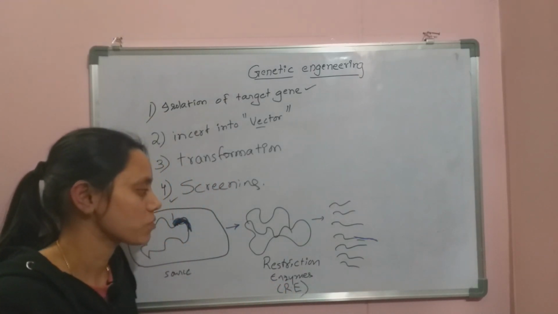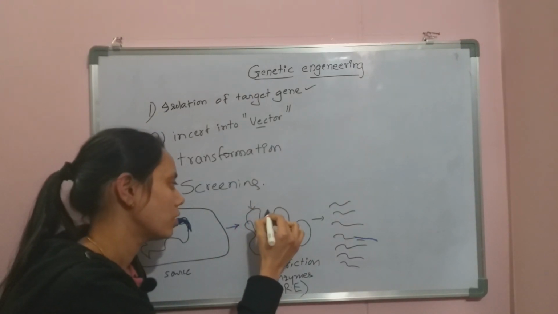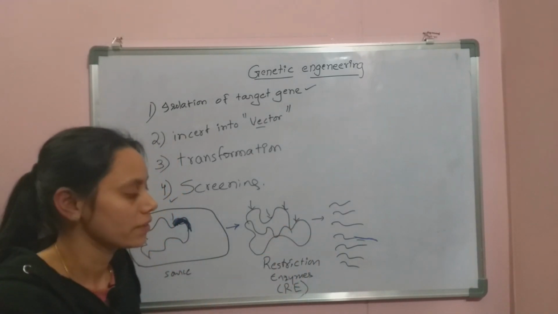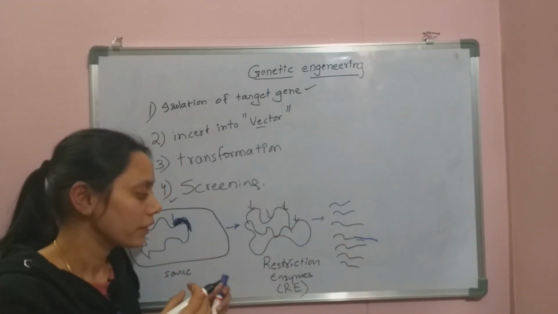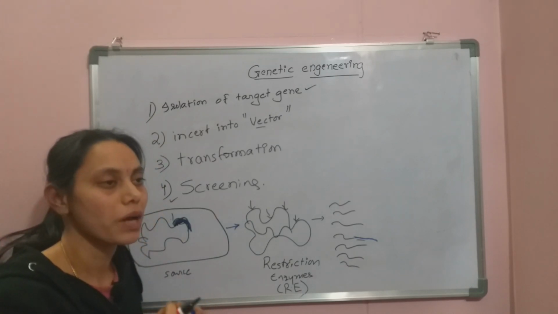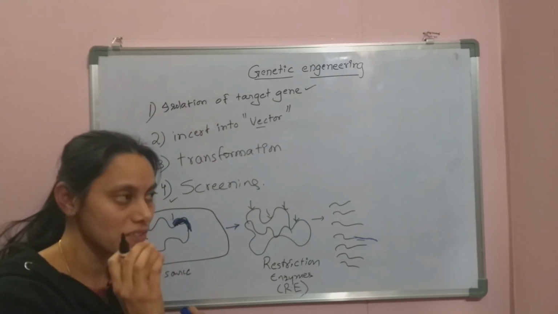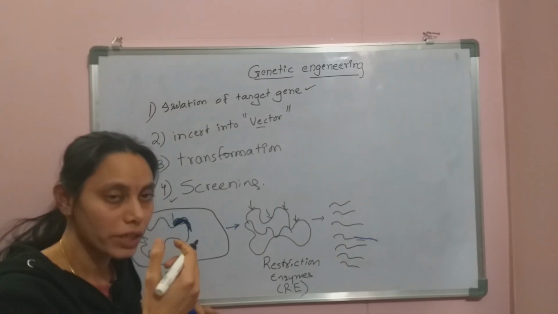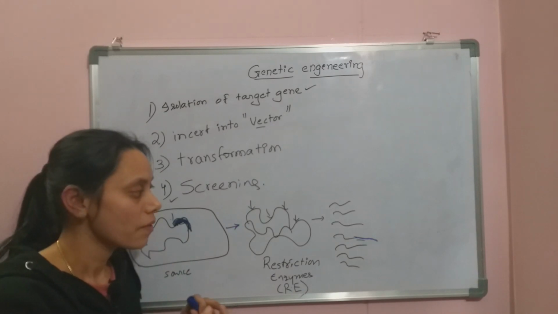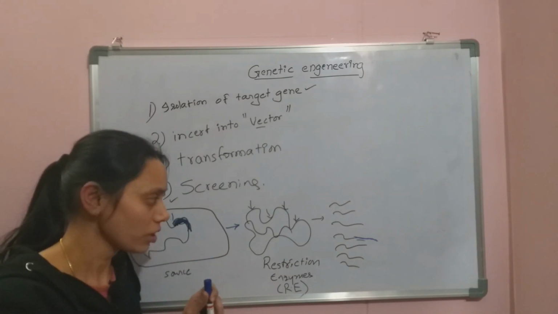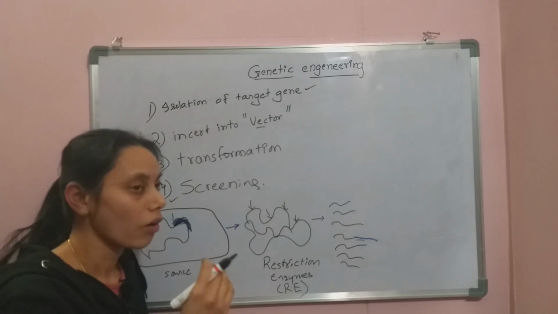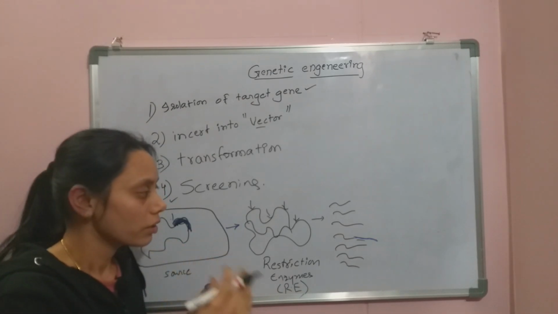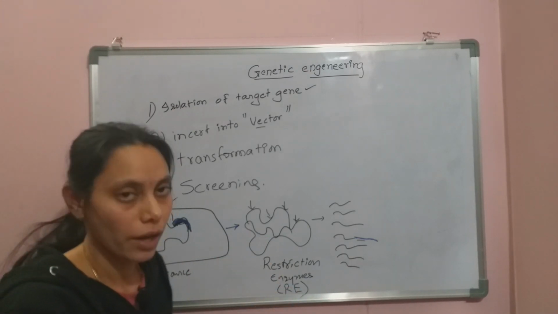These restriction enzymes are able to cut the DNA into small pieces based on the restriction sites. That means recognition sites. Every restriction enzyme has specific recognition sites. That means this recognition site is nothing but a sequence of DNA. At a particular sequence of DNA, they'll cut the DNA. So here the fragments all have the specific recognition sequence, so they'll be cut into very small fragments.